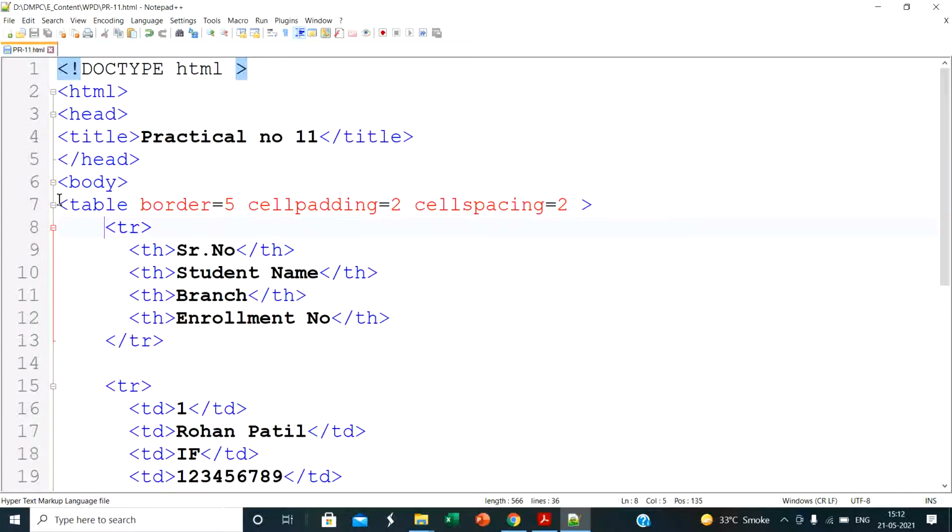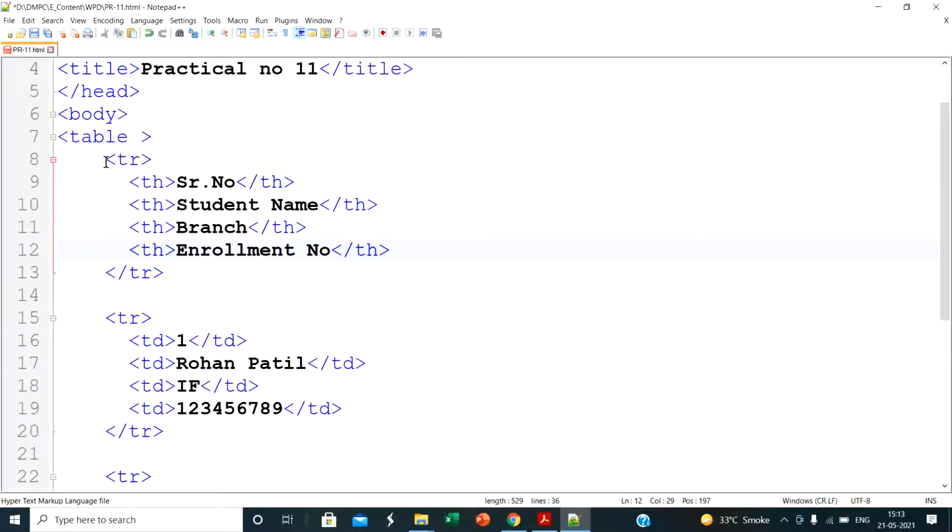Now here I define a table. Inside the table tag I first create one row, tr.